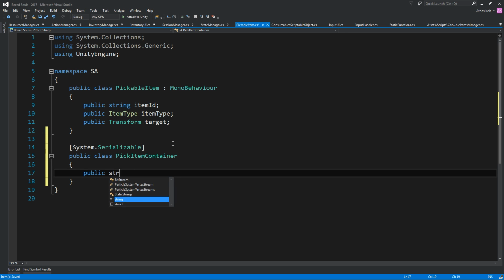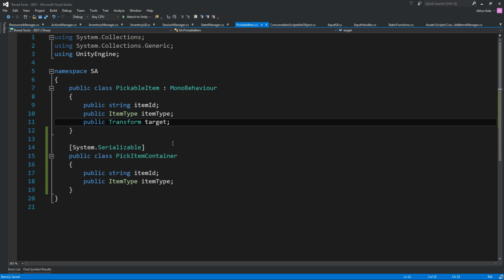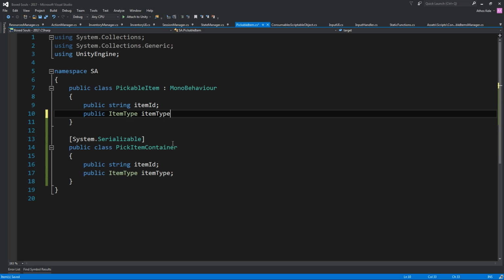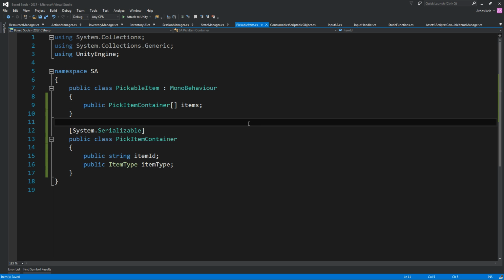And over here we're going to add a string item ID, item type, and we don't need the target anymore. We're just going to say public pick item container. It can be an array, and we can say items. Okay, so